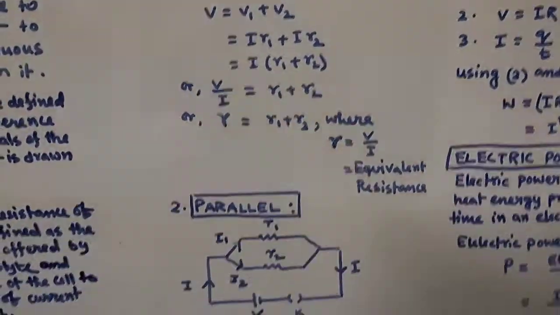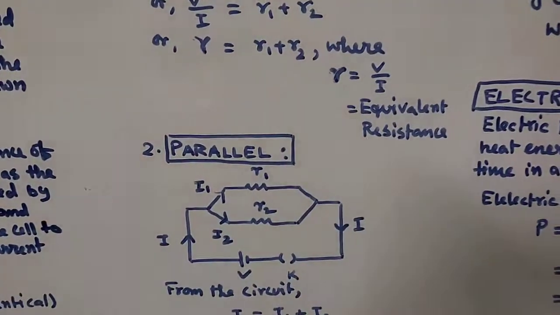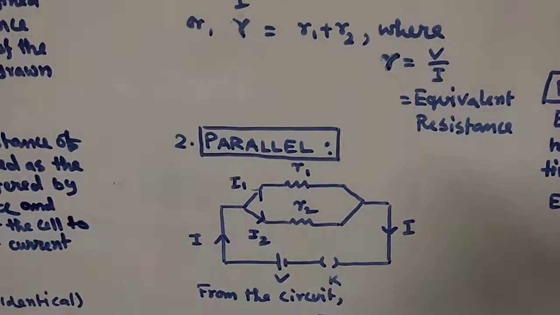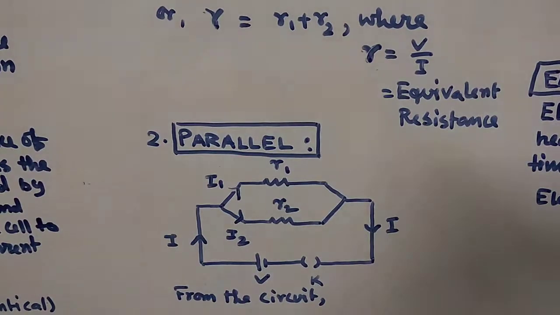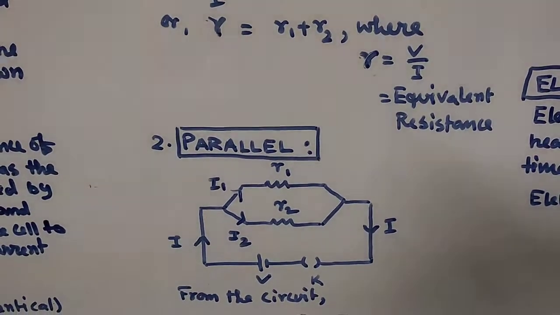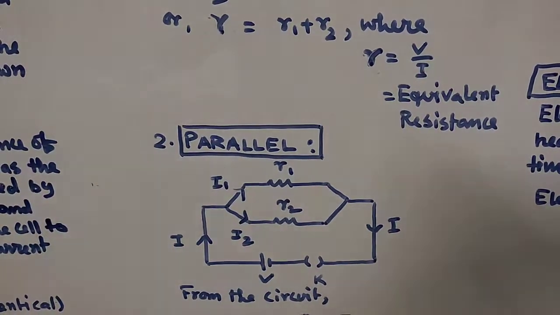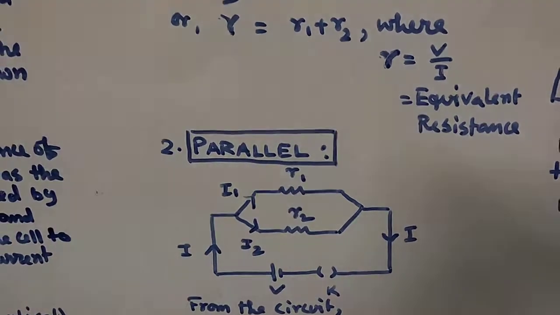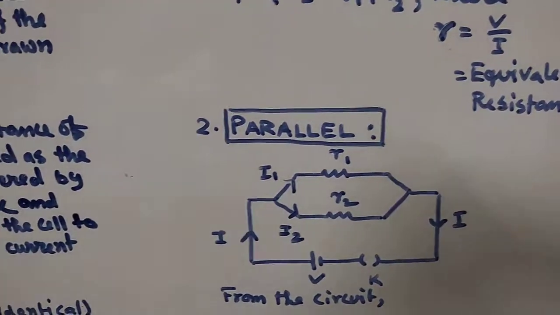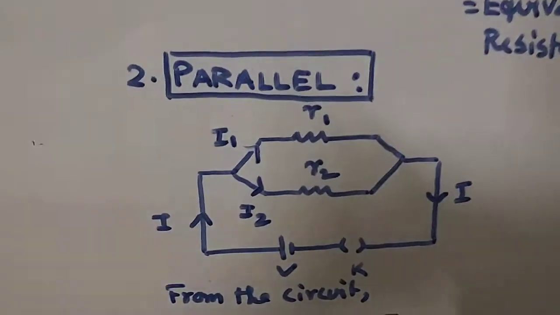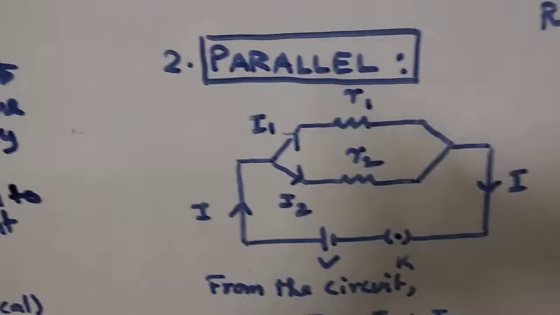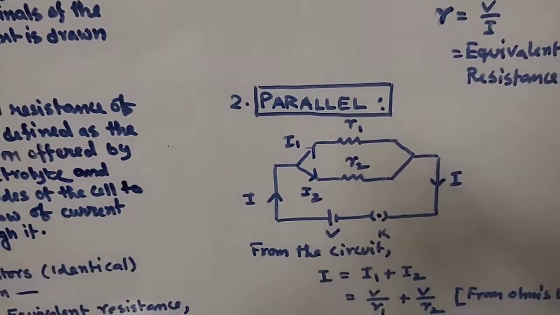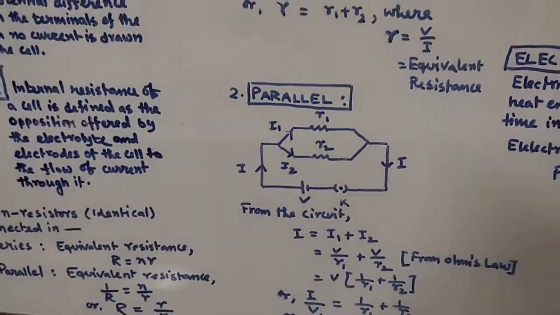Now in parallel combination, we again connect two resistors R1 and R2 in parallel. So in parallel basically two terminals are common. A source is connected whose potential is V and a key is there. So definitely you must close the key by giving one dot. So when you close the key, what will happen? Current flows, and